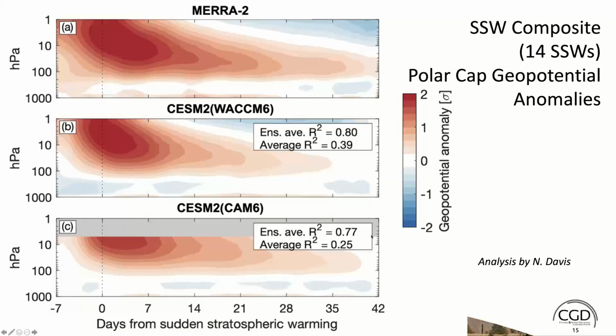So a model that really does not have a good stratosphere, you can see it is grayed out here because there's just no levels, and even the top levels have very coarse resolution, but somehow this does not seem to be affecting our polar cap geopotential anomalies and how they compare to observations. There is a little degradation in the low top model, but it's not very big.